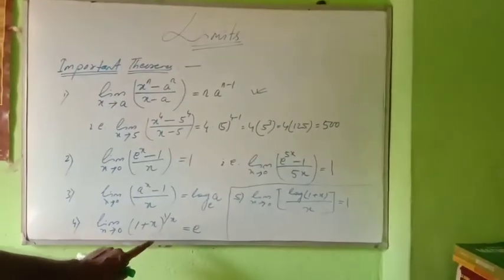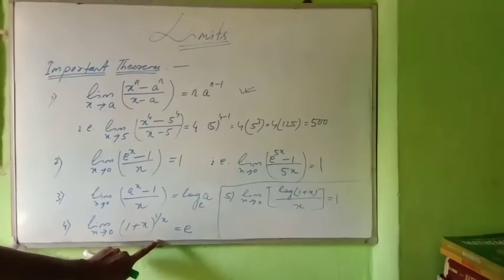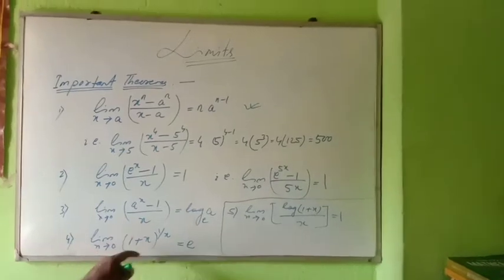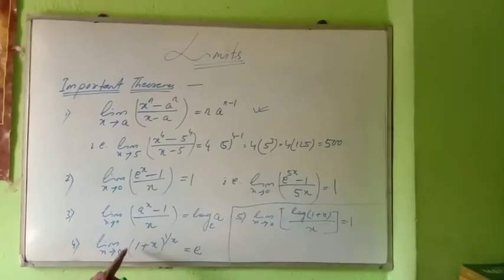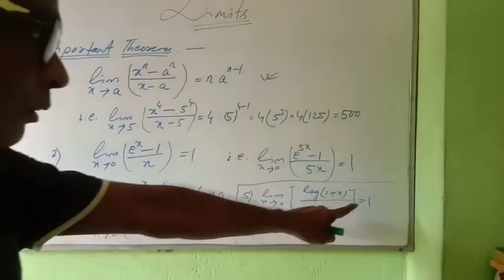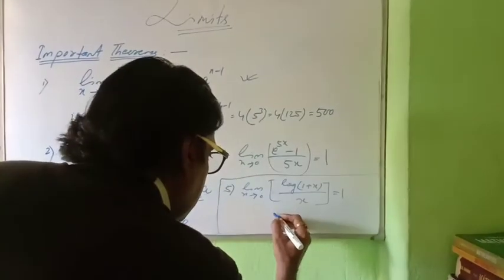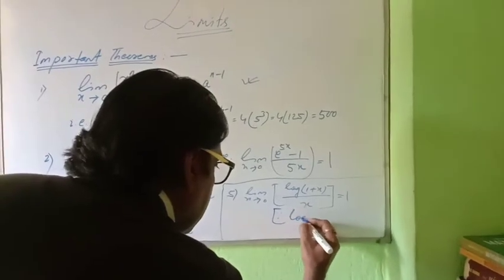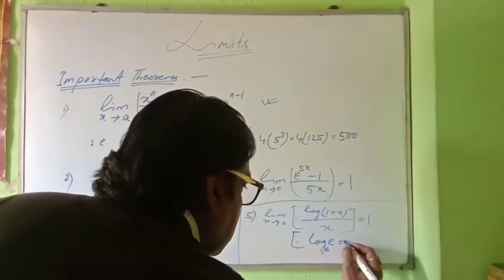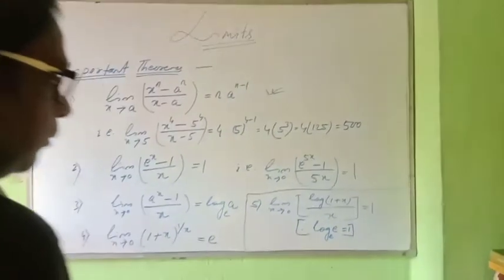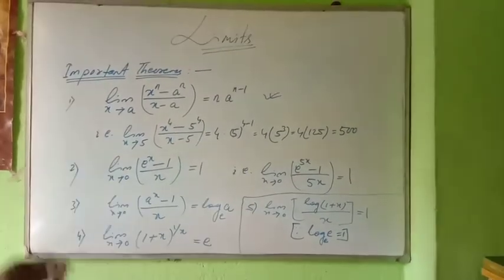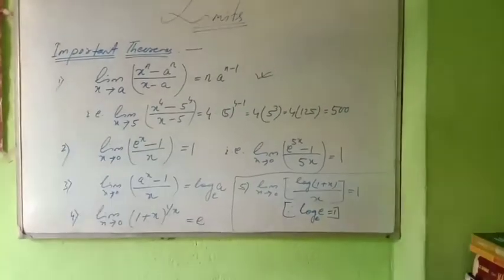How is it coming? See, formula number 4 is 1 plus x whole to the power 1 by x, the answer is e. Taking log on both sides, 1 by x will come outside. That is log of 1 plus x by x, it will be log e. Log e is how much? 1, since log e here means base e. Log e base e is 1. This is the reason. So 5 formulas are given here without trigonometry, the formulas required for the solution of the limit chapter.